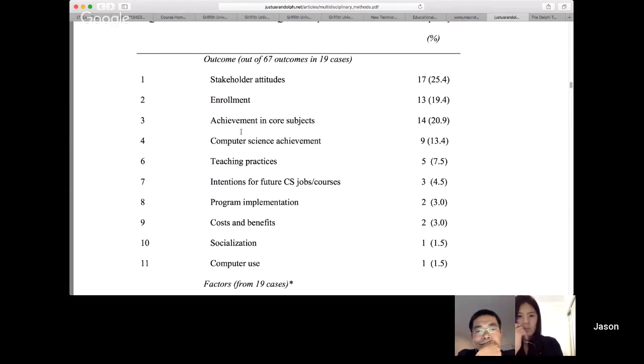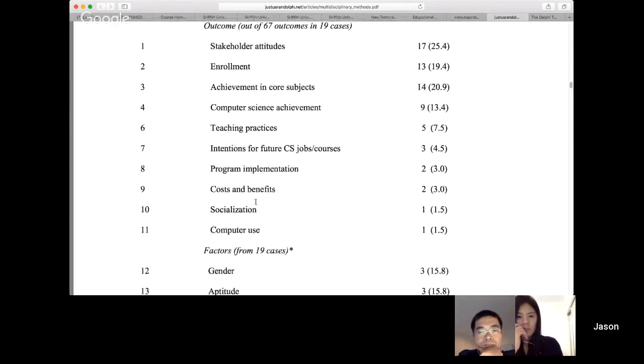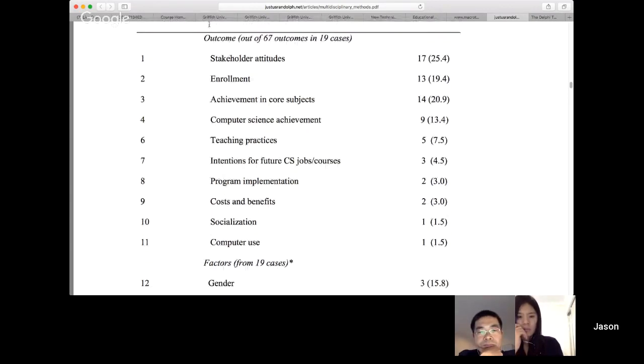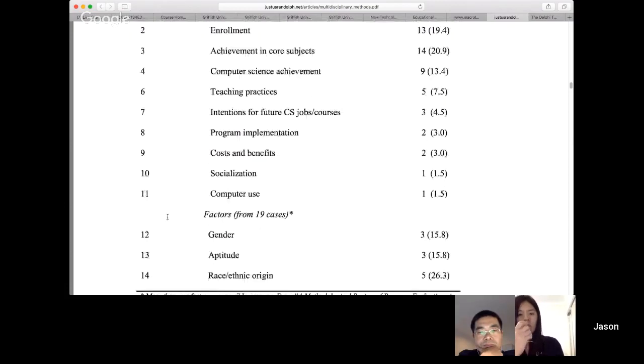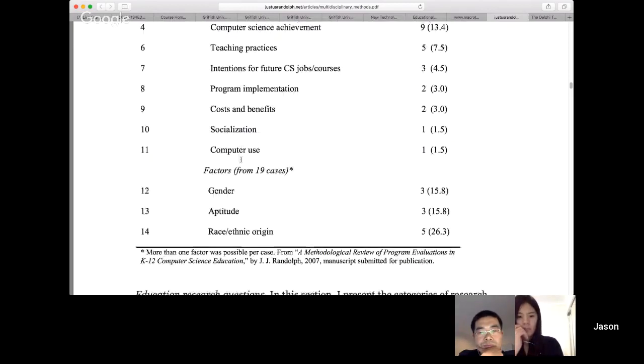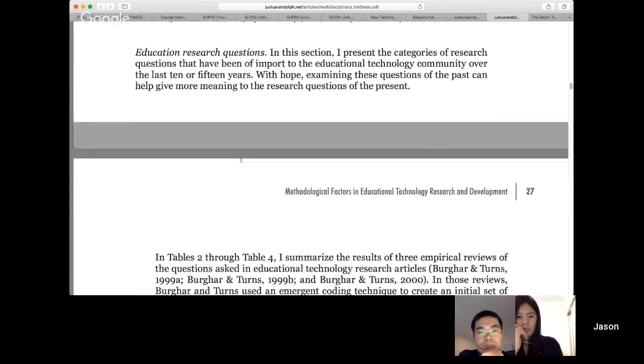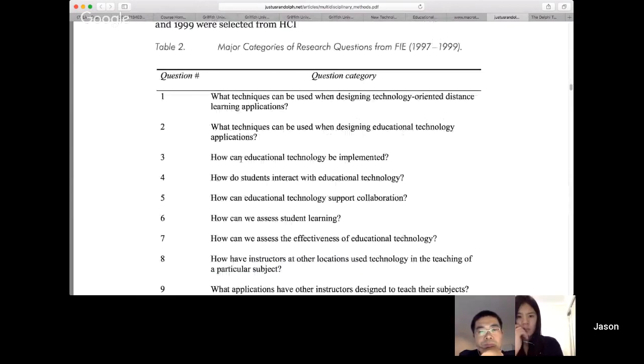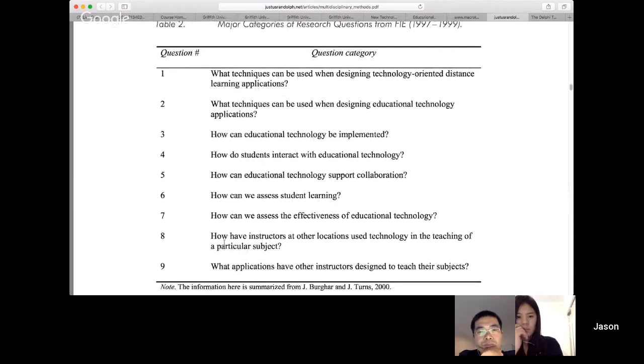Did it help them with their learning? How did teaching practices change when those technologies were introduced? Okay, so these are sorts of questions that were asked, and the main ones were the top 3. Sometimes people look at things to do with gender and a range of other aspects, but less commonly. And again, there are a number of different categories about the sorts of questions that are asked. Remember, you're going to be coming up with your own set of questions for your Delphi survey at some point, and you may want to look back at these to help you with coming up with your own questions.